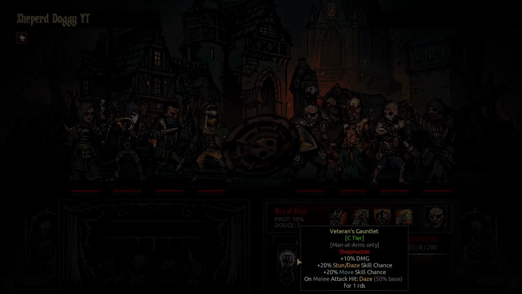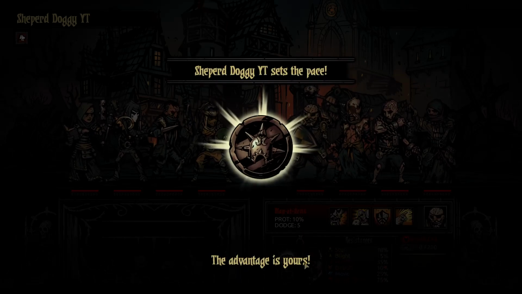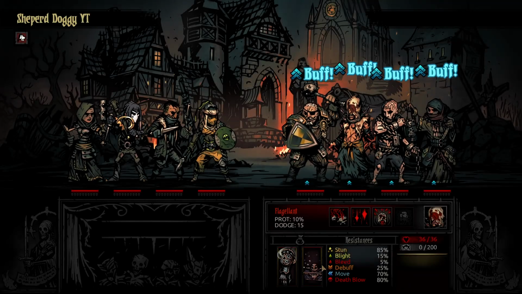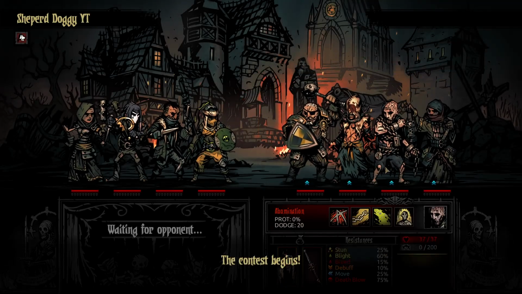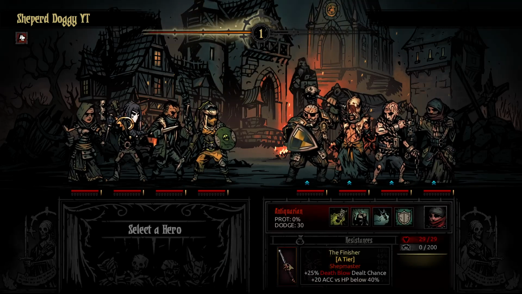So he is playing a Riposte Man at Arms with the Veteran's Gauntlet. Interesting. He's going to be missing some accuracy for that. This Flagellant is not bringing the Redeem, which is very interesting. This Abomination is bringing the Finisher, and she's bringing Finisher's Sanity's Bane. So this Antiquarian is actually going to have...